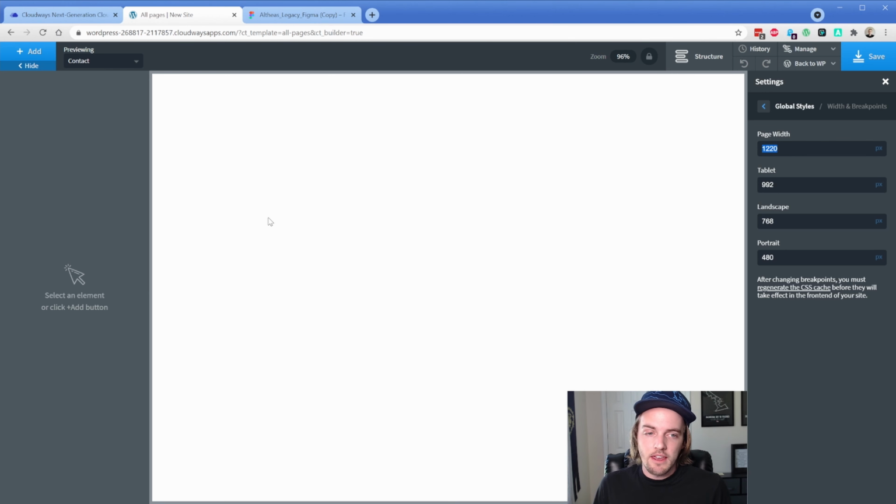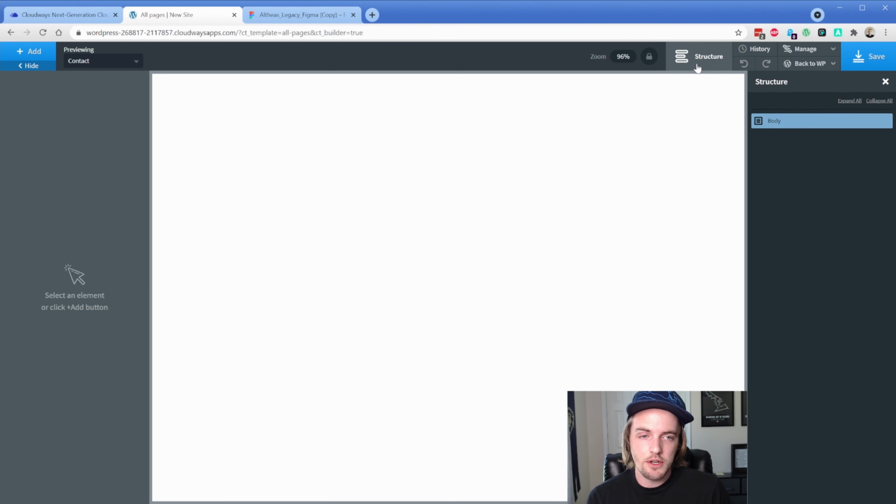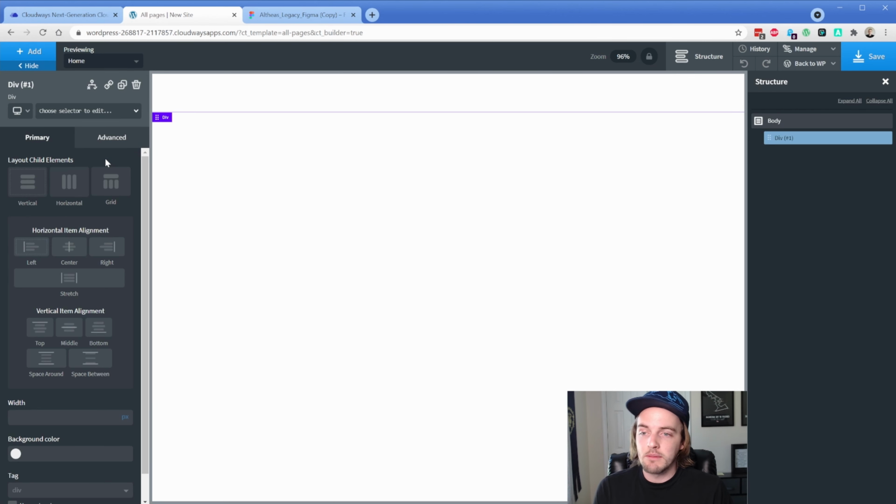Okay, and I just bumped my camera over so we can see the structure panel as we start to get rolling here. Now, of course, remember we are editing our site-wide template at this point. So you have this previewing drop-down. There's only a couple of pages that exist on this site so far, so it doesn't really matter where we're at. What we're going to do is create a div to start off with. Now, you might be wondering why we're going to use a div instead of a section, and that is because